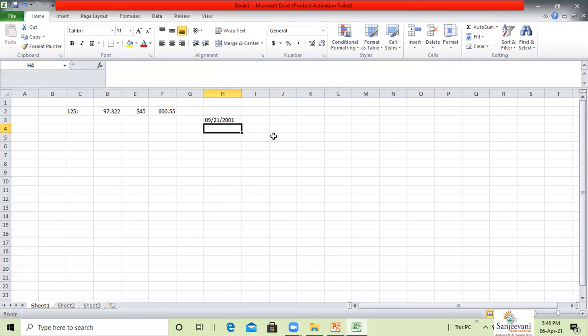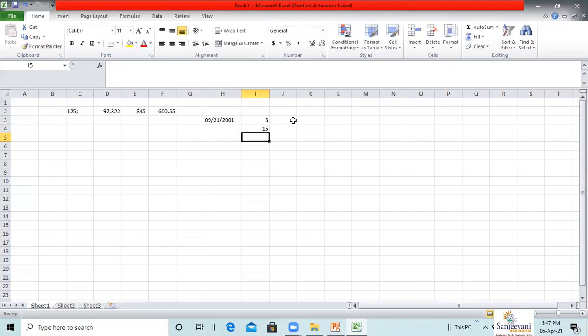And each and every formula in Excel begins with the equal to sign. For example, equal to 3 plus 5 and enter gives me a value. Then 3 multiplied by 5. First I have to put equal to 3 multiplied by 5. Enter gives me a value.